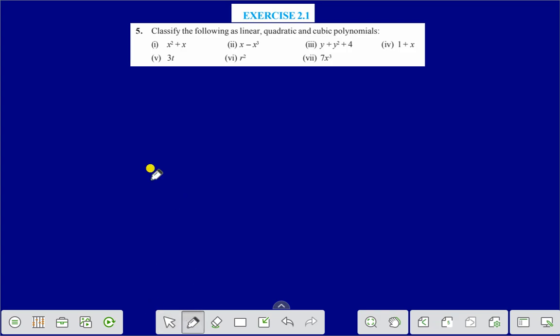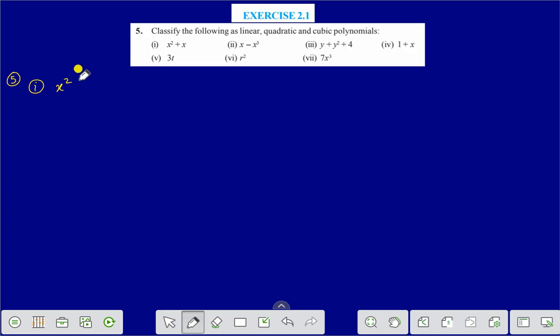Let us solve question number 5. Question number 5 is: classify the following as linear, quadratic and cubic polynomials. Question number 5, part 1. It is